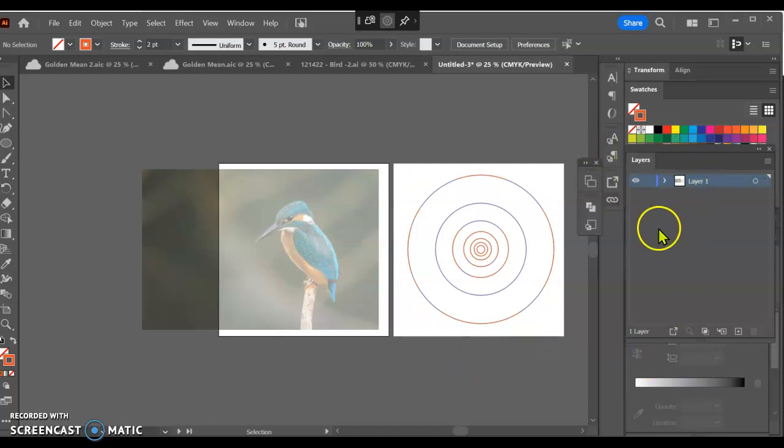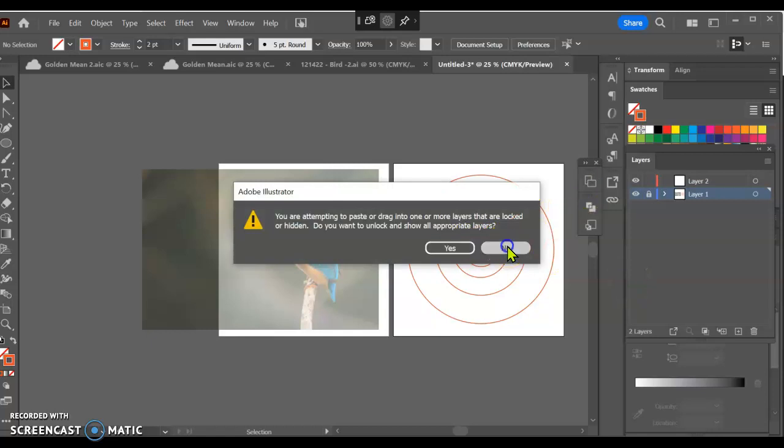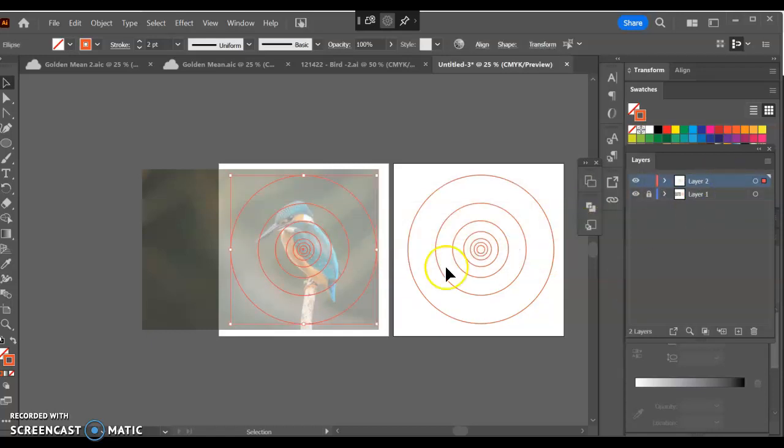Okay, so then I want to bring up my layers panel. That's F7. I'm going to lock my layer and I'm going to make a new one. And actually, one of the things I do have to do, I need to lock the layer with the Kingfisher, but I need to be able to access these. So I'm actually going to copy them again. Then I'm going to lock layer 1, and then I'm going to paste them onto layer 2. And let's move them over. All right, now,